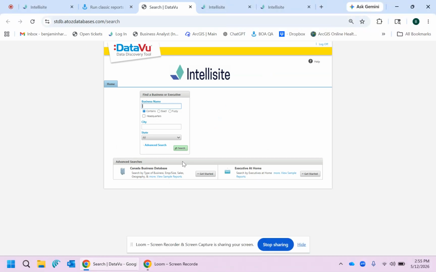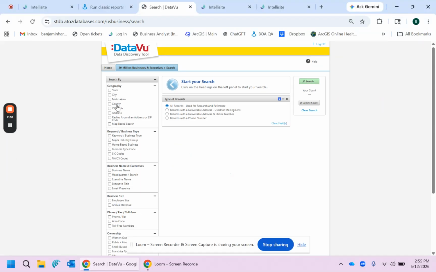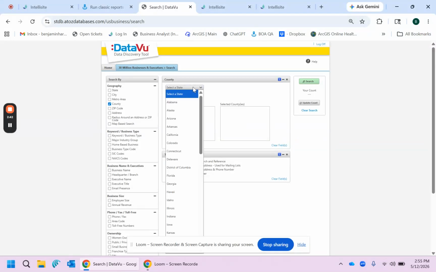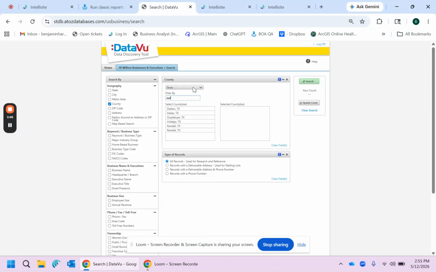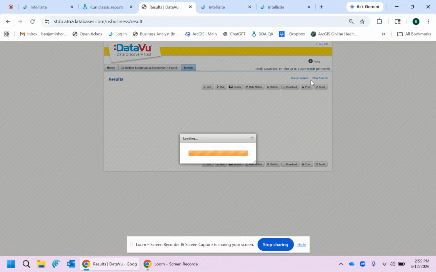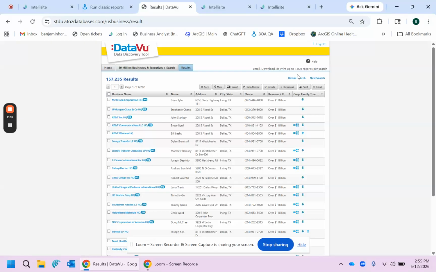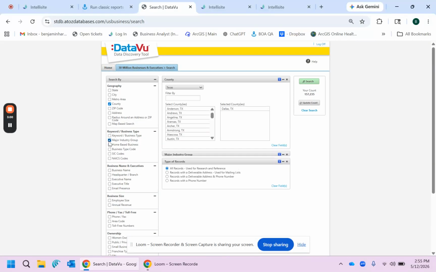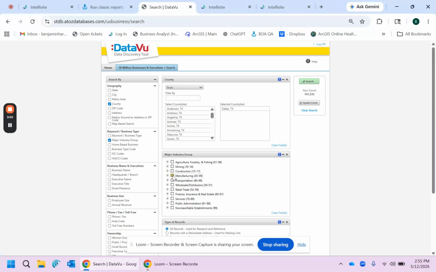Users also have the ability to access the Database USA Data View tool, a tool that allows users to go into markets and determine what businesses are currently there. Here, I might be interested in looking within the state of Texas, within Dallas County. If I wanted to know every business within the county, I could click search and get those results in just a moment's time. I could also go back and revise the search and search by major industry groups such as